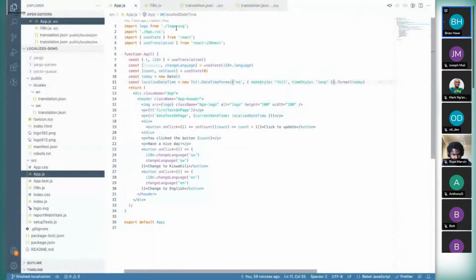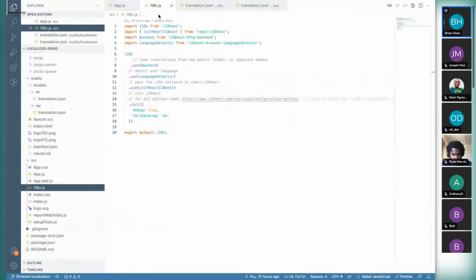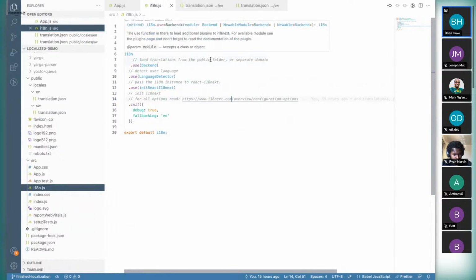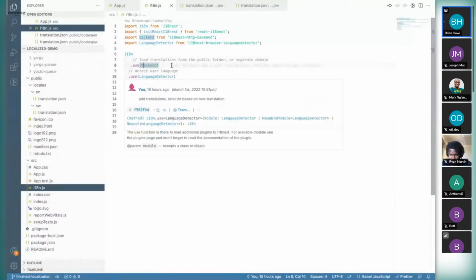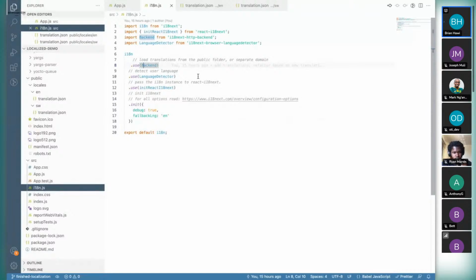So first things first, I'll explain how you would want to set up i18next in your code. Of course, you will import i18next, and react-i18next as we're using React. We have i18next HTTP backend. That's used for cases where you want your translations in a different location, or you want them coming in from a separate domain. So all that setup is done with this. This has just a default configuration, and now we use the public folder, but i18next allows you to have all the configurations such that maybe you want them from a different